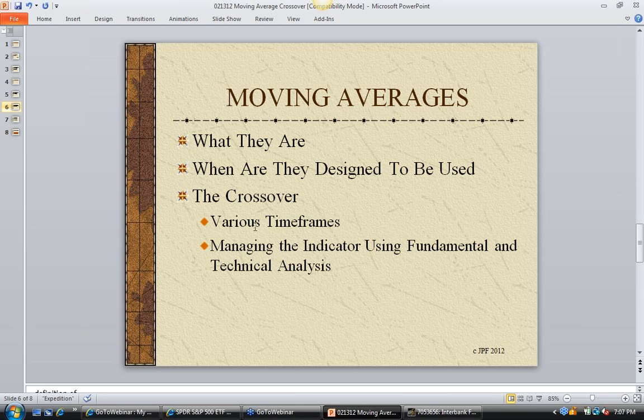So let's start looking at the moving average, and then we'll bring in that crossover. And again, I had that slide, what are they? And I'm just going to give that to you as a homework assignment. If you don't understand what a moving average is, the definition of it, how it's computed, that's something so easy for you guys to do. You could do that at investopedia.com. You can Google it. You can buy a book on it. You'll find out that definition. It's not as important as when are they designed to be used, okay? That's the most important part of any indicator out there. You should know when they're supposed to be used.